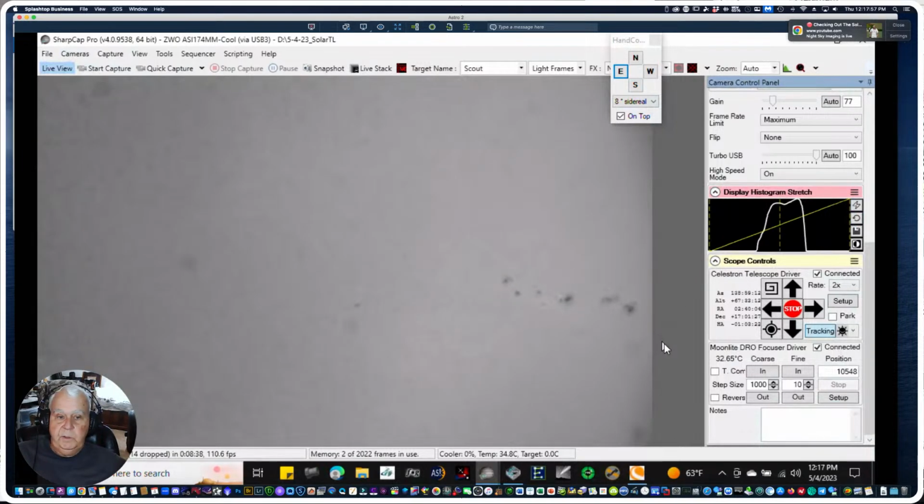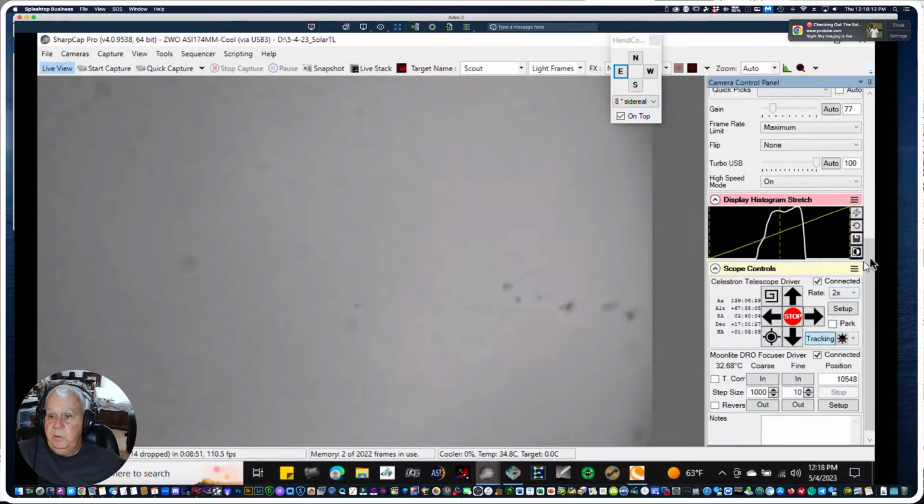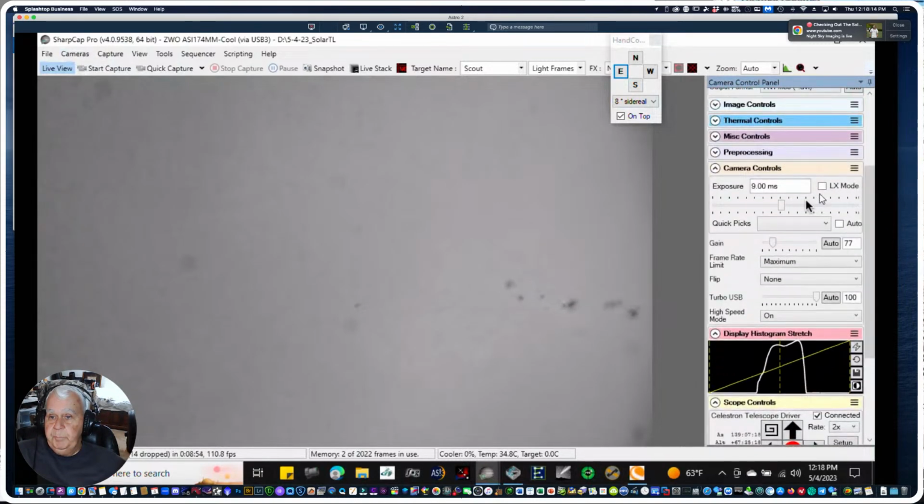Okay, so that's been reset. And then I'm going to defocus this by, actually I'm going to raise this, hang on a minute. That histogram, I want to slide it over to the right just a little bit. There you go. All right, now